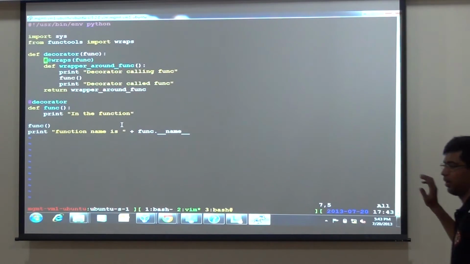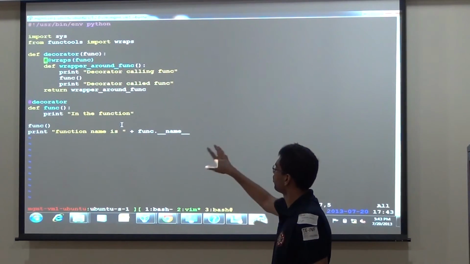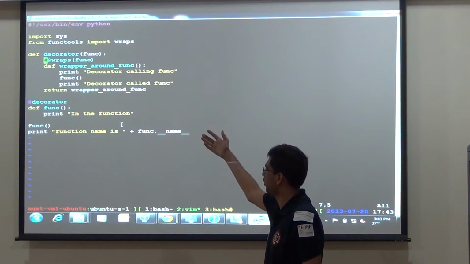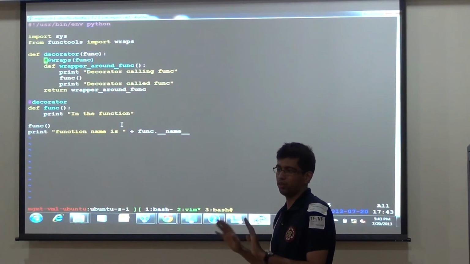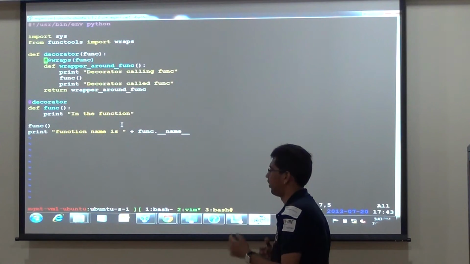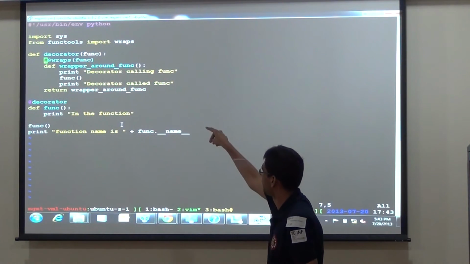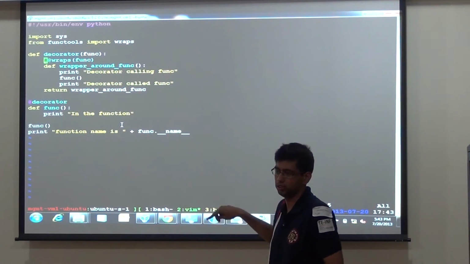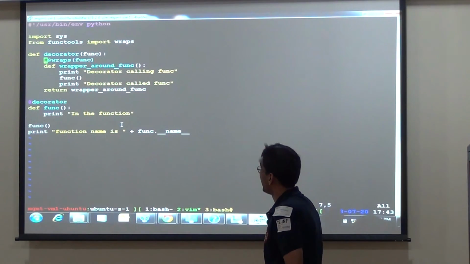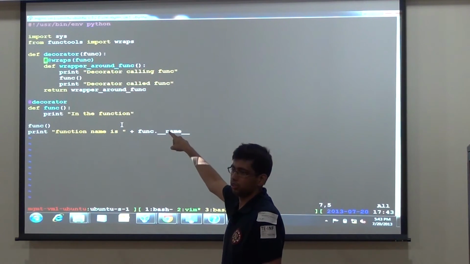But the problem is that we don't want any side effects to occur, right? You want that, okay, I have used a decorator over func, so the properties of func should not change. My func name, func docstring, because if my func name is wrapper over func, then my func docstring also changes. All those things change, right? So that is where wraps comes in.